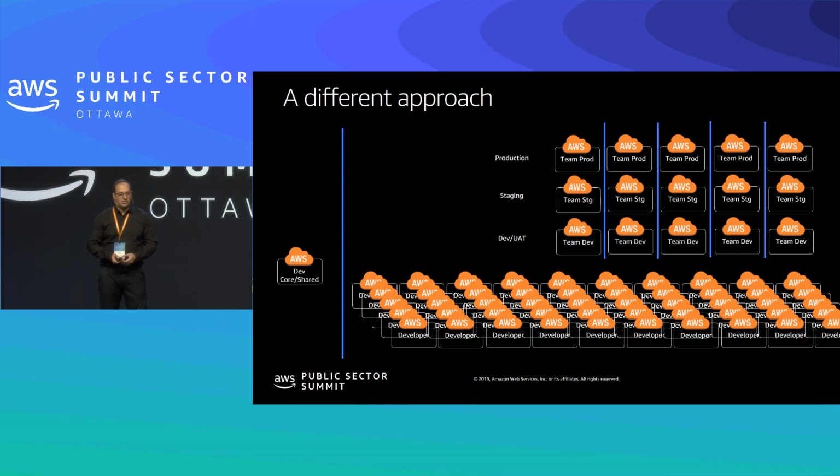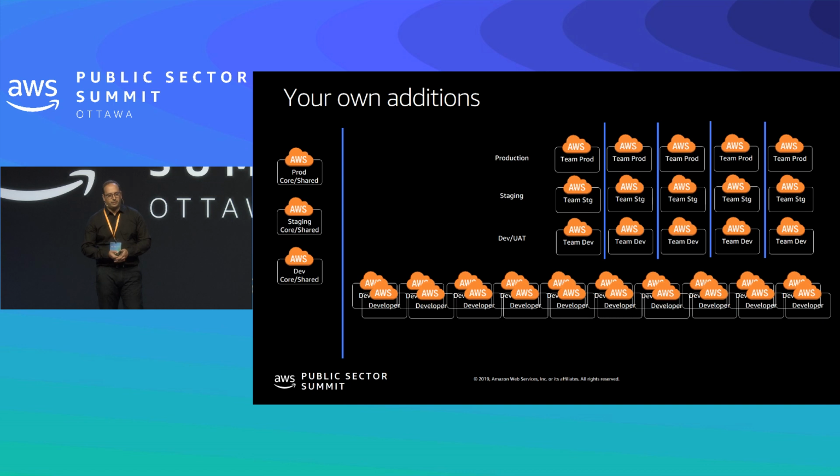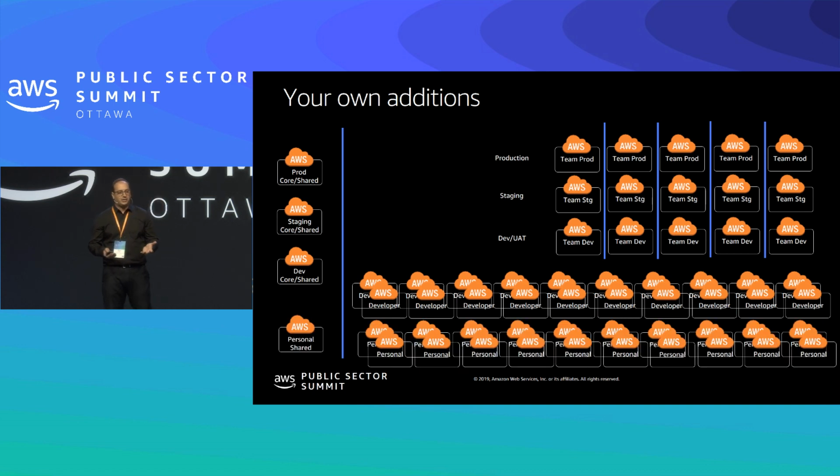And those core services that you see on the left become production core, staging core, and dev core. You can see how we are choosing to create these accounts to align with the software development lifecycle. But you can be creative. You can even make your own additions to the multi-account strategy. Let's say, as an example, you can have personal accounts created that you give to all your team members that are technical so that they can have the freedom to learn. You could do this up to a budget amount. It can become a benefit.